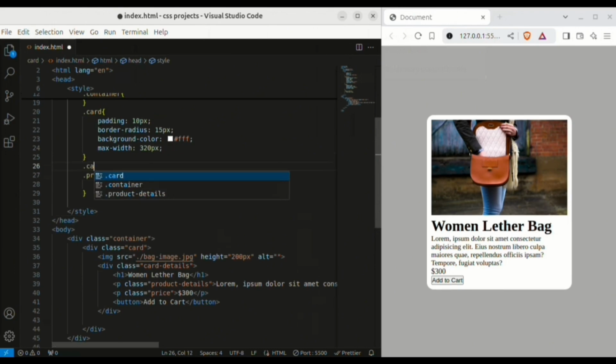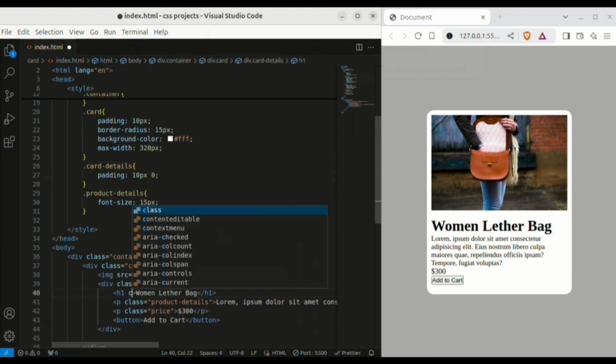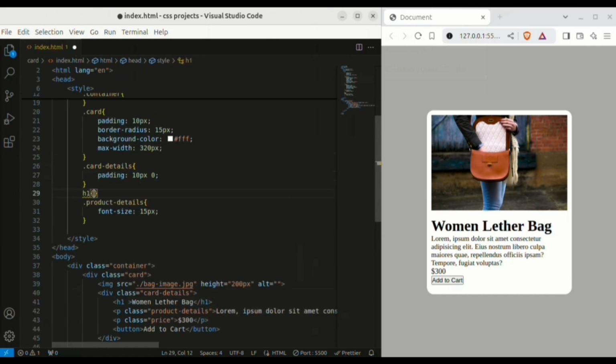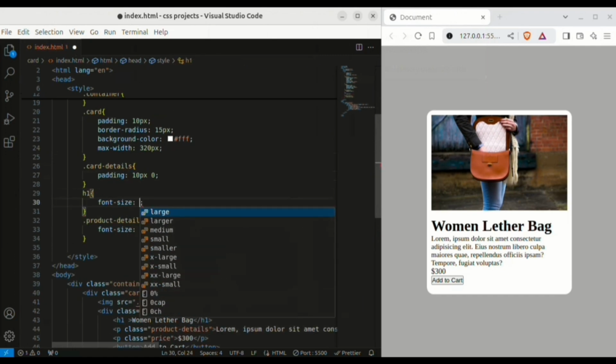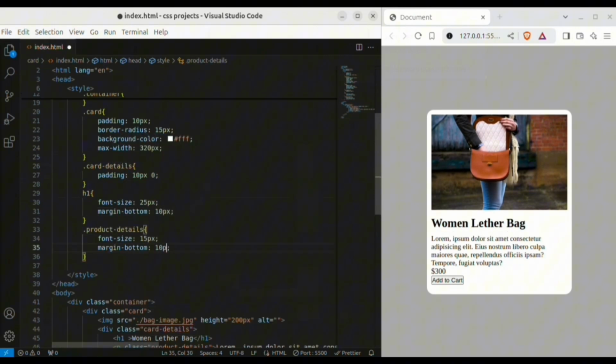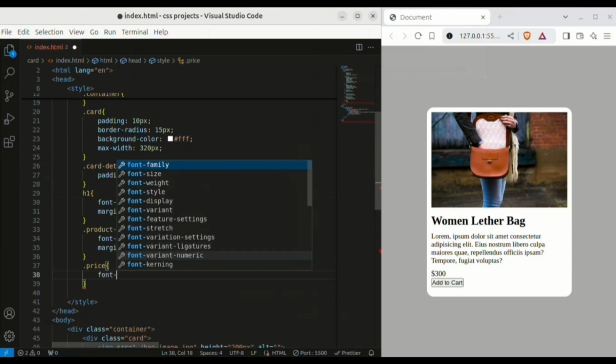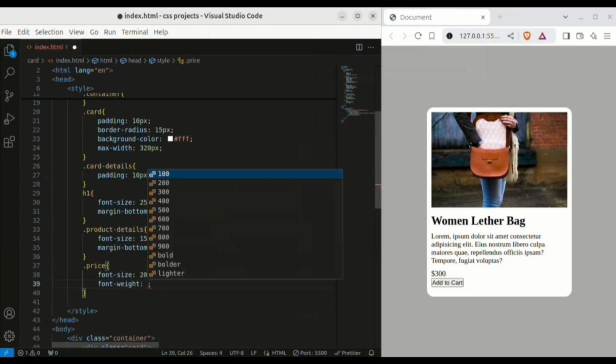Reduce the font size of the product details, which is not that required, and also add the padding in the card details. Increase the font size of the product title and also increase the font size in pricing. Add some margin bottom or top to create some space between elements, and